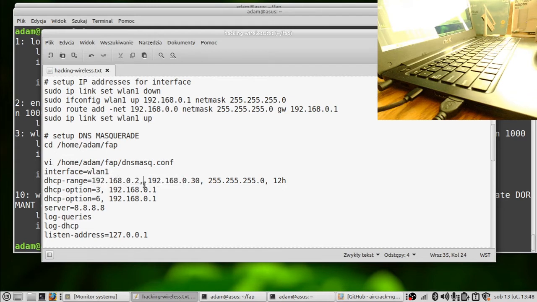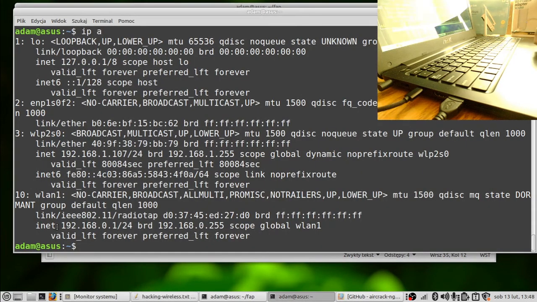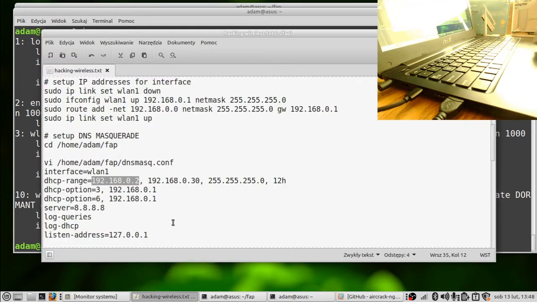It has to be from the network, but it has to be different. In my case, I have IP 192.168.0.1, and in the dnsmasq configuration you have to use IPs that are above the one that you have configured on your interface.